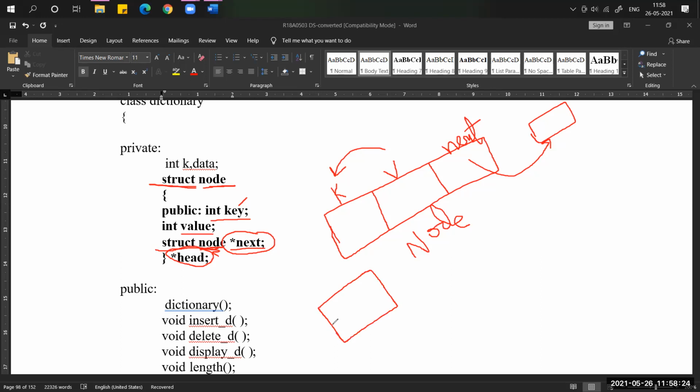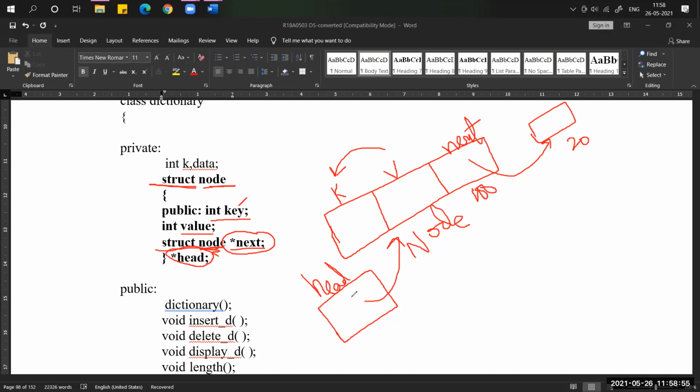Actually, head is not here, head is a pointer variable, the same as in a single linked list and double linked list. Head is always pointing to the starting node address. If this is the starting node, this starting node address will be present here. And for example, the next node address is 20, and this is the first node. First node address is 100.